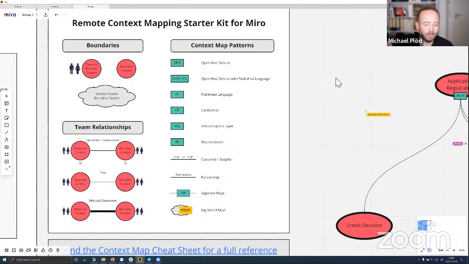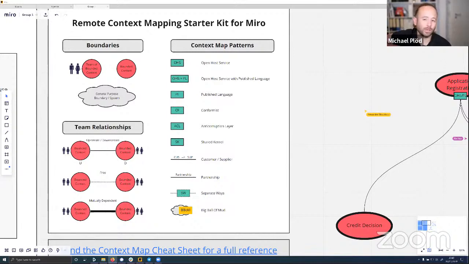Customer supplier is only relevant for upstream, downstream relationships. Usually the upstream team has all of the power and the downstream team is helpless, as some people in the literature like to call it. Now, but we want to grant the downstream a defined set of influence. Now, in our case study,